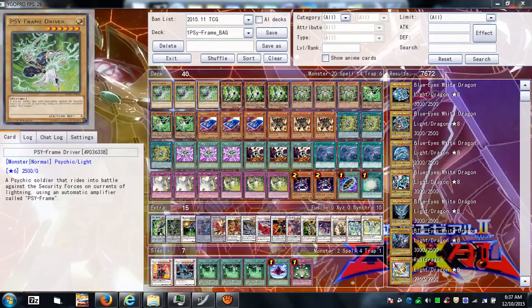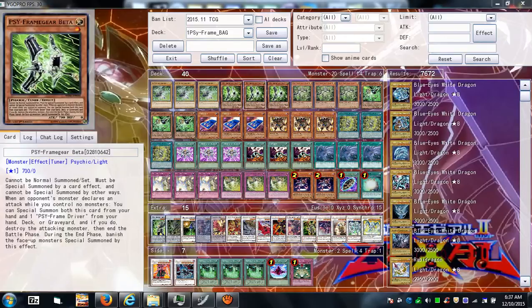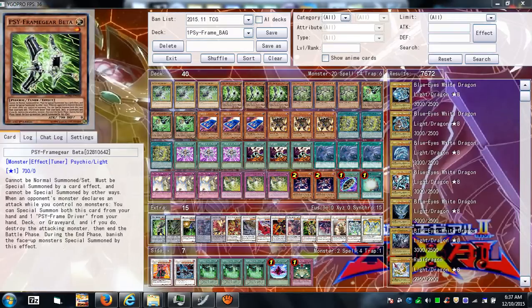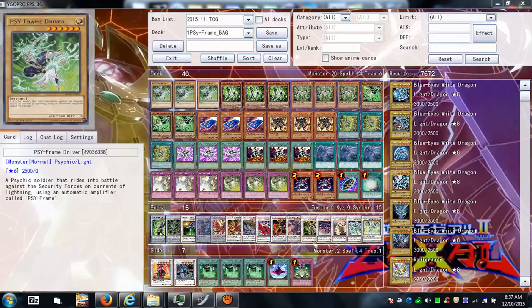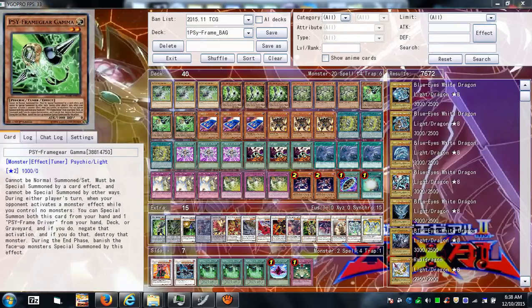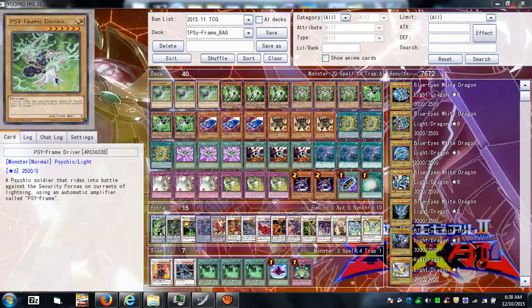Alright, so this is my Psy-Frame B.A.G deck. B.A.G. That's for beta, alpha, and gamma. Those are the only Psy-Frame tuners that I'm using in the deck. And then of course you have Psy-Frame driver, which you need. If you add drive into it, you got D.B.A.G, right? D-B-A-G. But anyway,